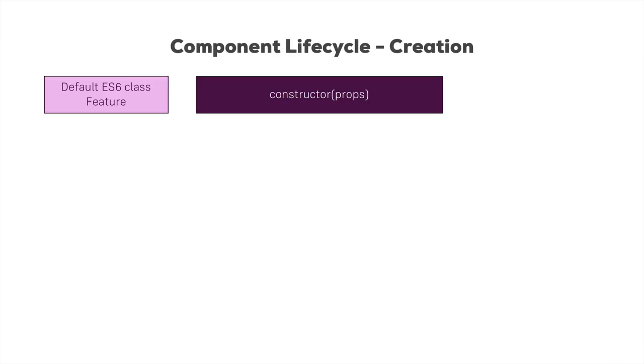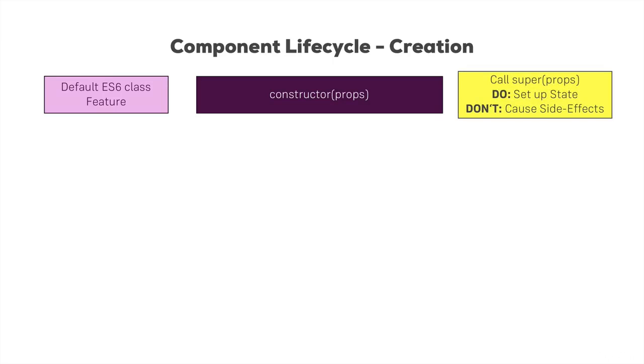Therefore, if we implement this constructor method, and we don't have to, thus far in our demo project we didn't, if we do implement the constructor method, we do have to call super and pass on props. This calls the constructor of the parent class. And since we can only implement this method in stateful components, the parent class is this component object we imported from React. And by calling super and passing on props, things like this.props, which we then need to use anywhere else in the component, get populated and managed by React. So always call super and pass on props if you implement the constructor.